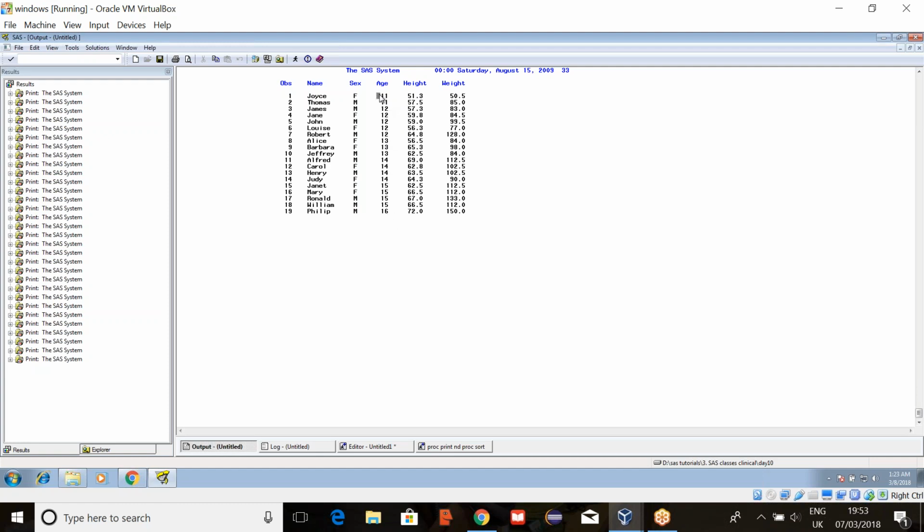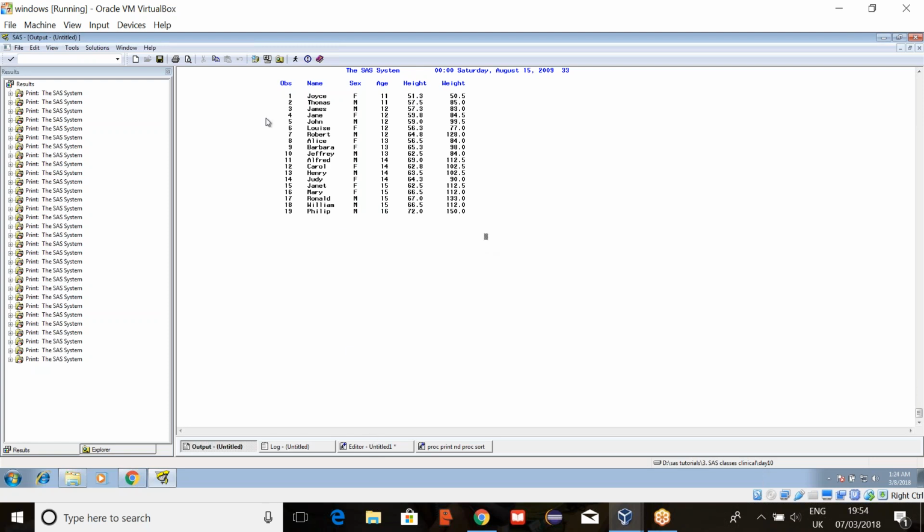In those, when you look at 11, what is the first value for 11? It's Joyce. What is the last value? It's Thomas. What is the first value for 12? It's James. What is the last value for 12? It's Robert. Are you getting it? First value and the last value. If you have only one, SAS will consider it as the first and also as the last one.